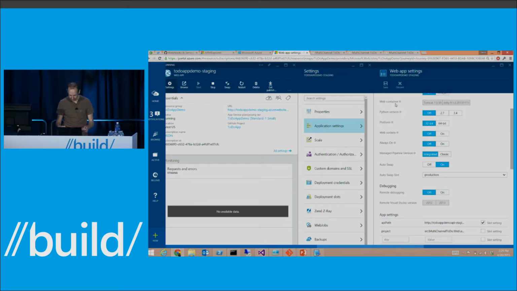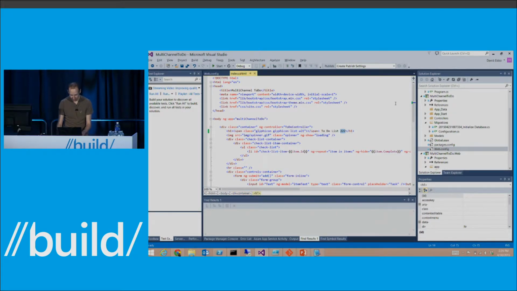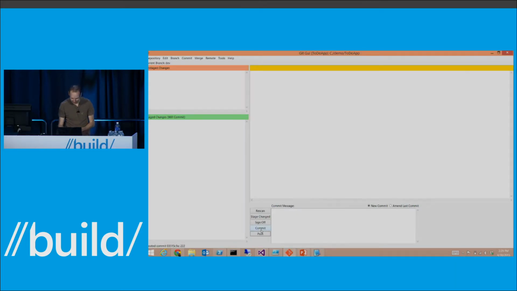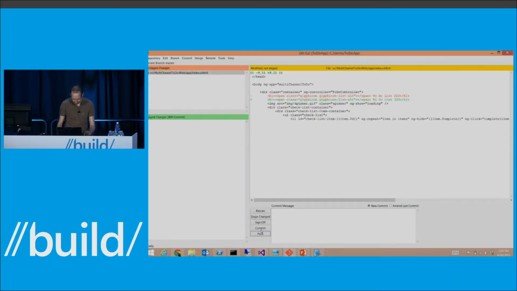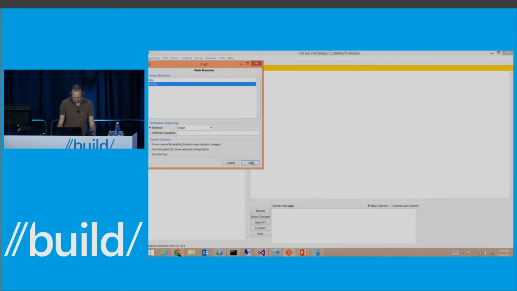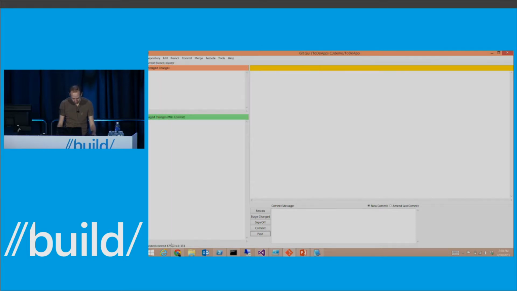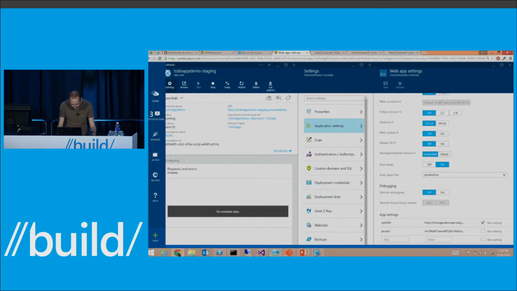So to show you that, now I'll just make another change far more interesting than the previous one. And sorry, I have little originality for those things. So, in this case, normally I should push it to dev first and then to master, but in the interest of time, I'm just going to push it straight to my production, or at least straight to master, which will then trigger. So what's happening here, if we go back to our slides,